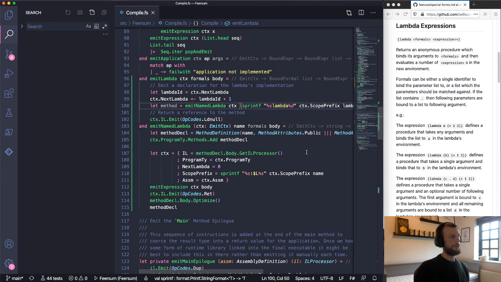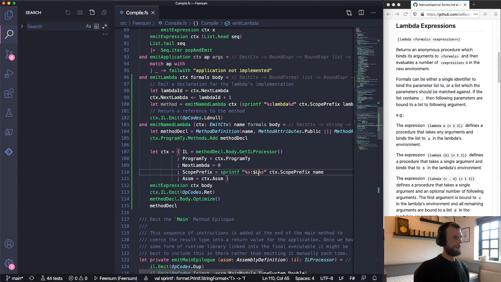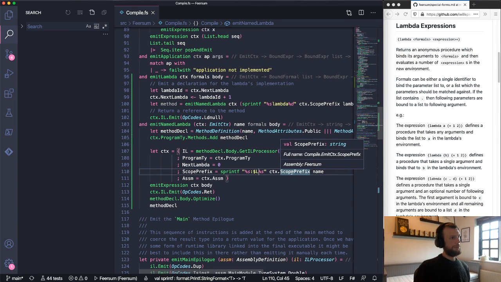Although a colon and a dollar as a delimiter does seem a bit over the top. So yeah, we could just paste those two together. So the new scope prefix is the previous scope prefix, colon, the current lambda name. So when we say,